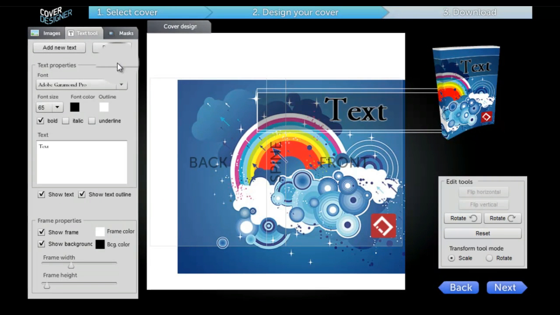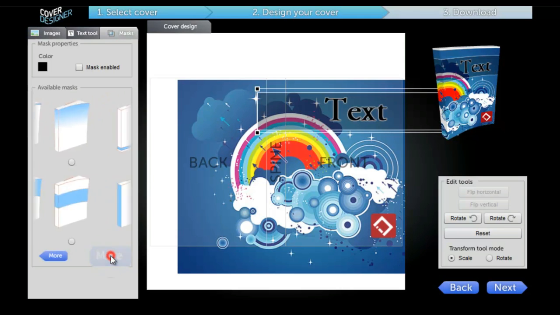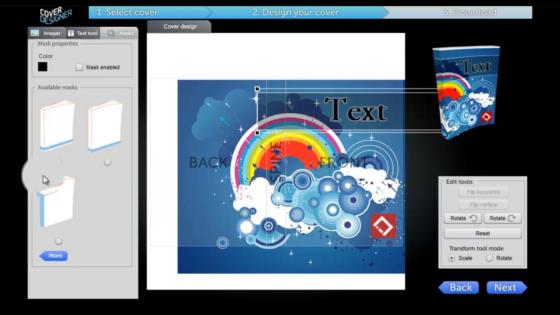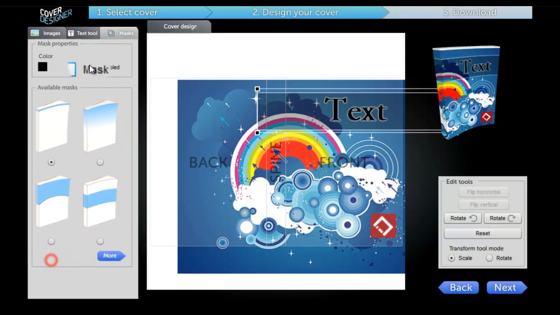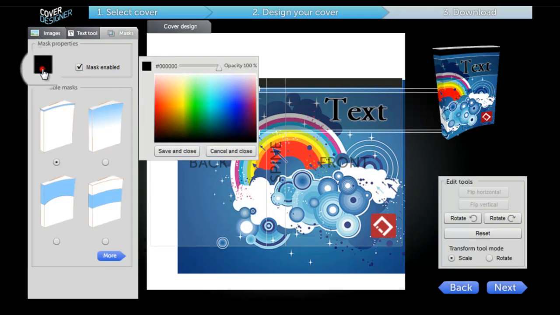The last tab that I'll show you is the mask tab. What this allows you to do is put bars across your cover. As you can see here, there's some samples. You can go to more and look at a few different examples here. In order to use this, click Mask Enable, and then whatever color you want to use, feel free to choose